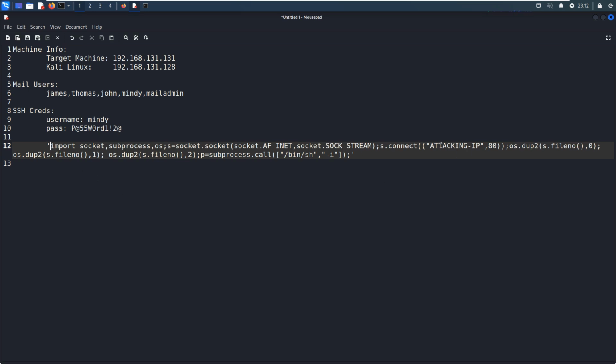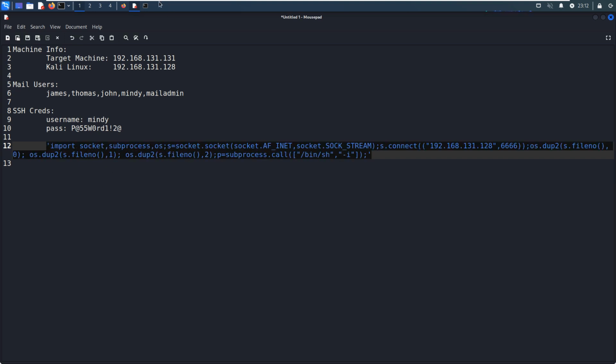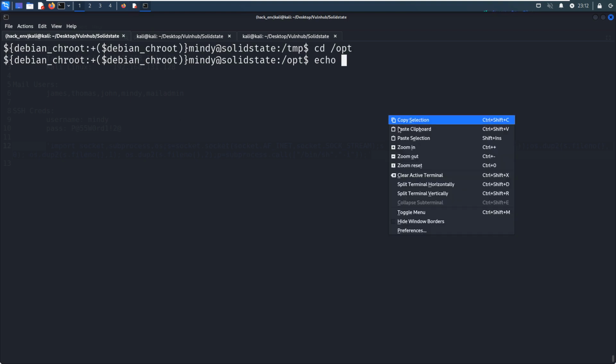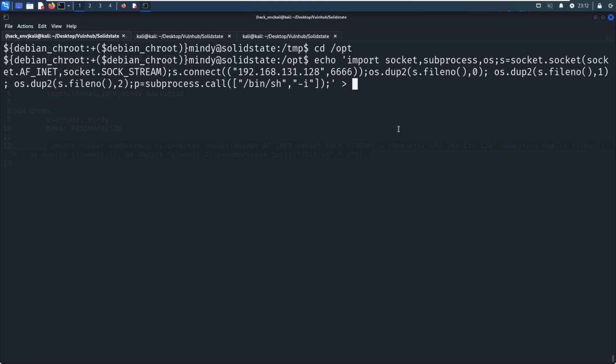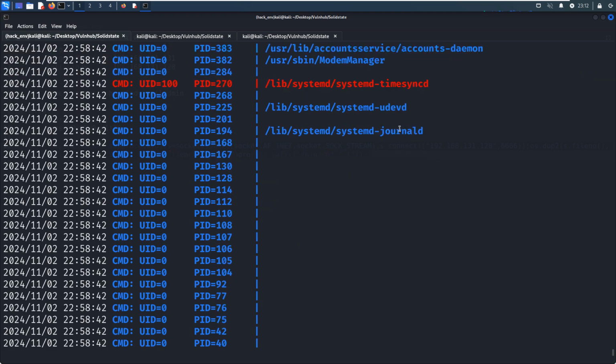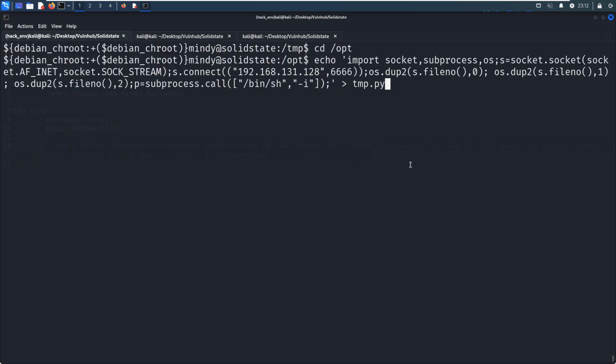And also the IP address, we can copy and replace with the attacking IP. And we need to use a different port number. And I think that's it. We can copy and we can echo it into temp.py. So the name is temp. Yes, it's correct. So now we can press enter.